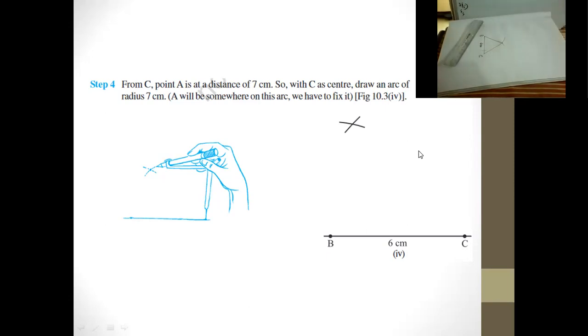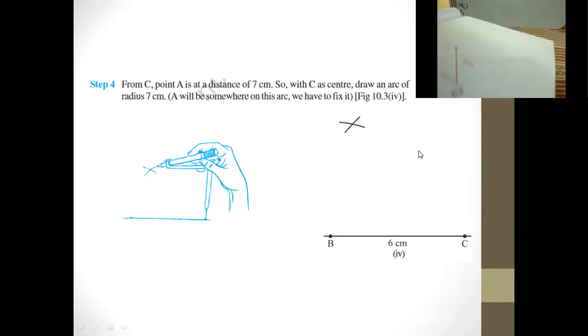So we can say that this is 5 centimeter. Let us measure what this is. This is again 5 centimeter, because we have given the distance from C to this arc 5 centimeter, and from this also 5 centimeter. So we receive the final triangle that is looking like this.